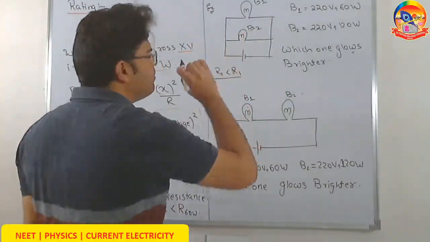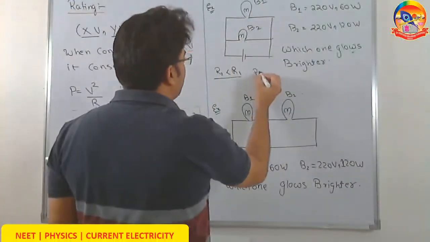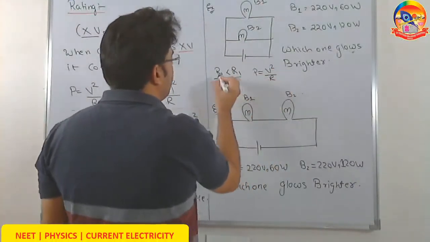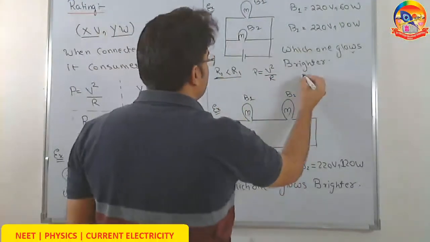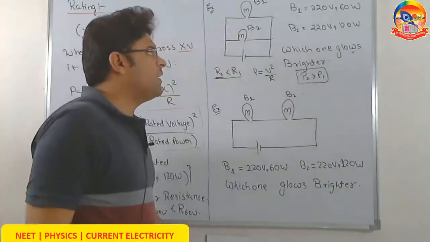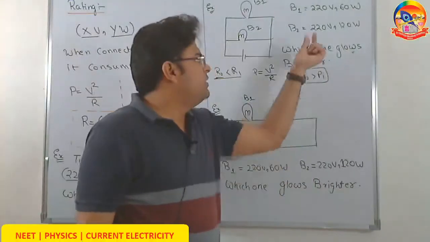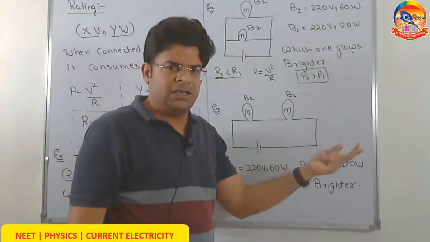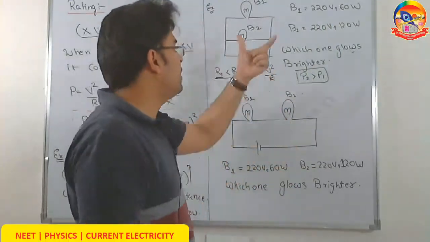They are connected in parallel, so they are connected across the same potential drop. So thinking using power equals V square by R, the one which has got lower resistance will definitely dissipate more power. So here the power dissipated by 2 is more than power dissipated by 1. Sir, I could have directly said it by looking at the rating of second bulb. The second bulb is rated at 120 watt, so it must dissipate more. Yes, you can say this given that they are connected in parallel.